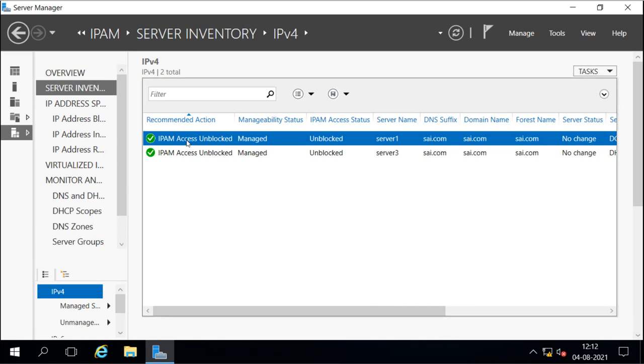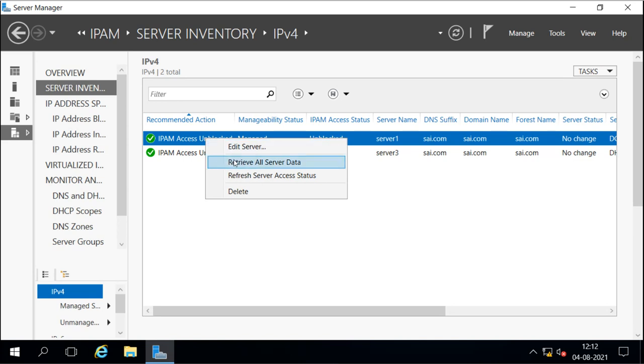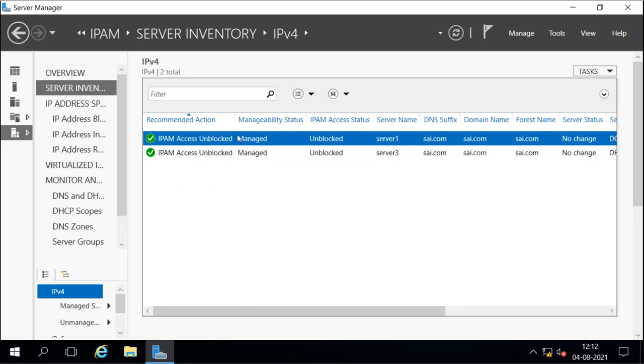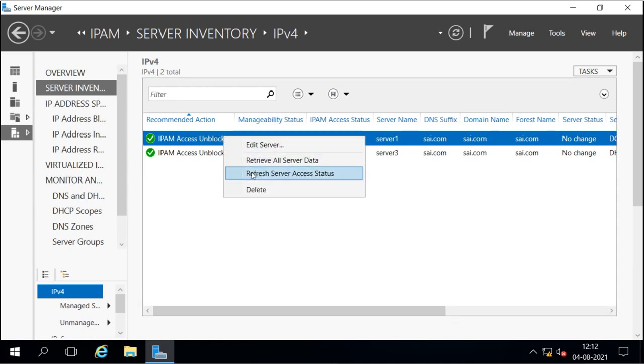Now after you have decided to select managed or unmanaged, you right click on the server and you have other options here. You can delete these servers from here, or you can refresh the access status. If you have selected to manage but it is still not showing managed, you can refresh the server access status.